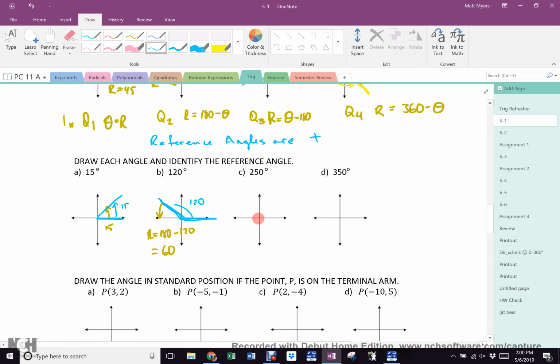250. Where's the reference? Back that way. What is it? 180. 180 minus 250. Other way around. No, 250 minus 180. So it is